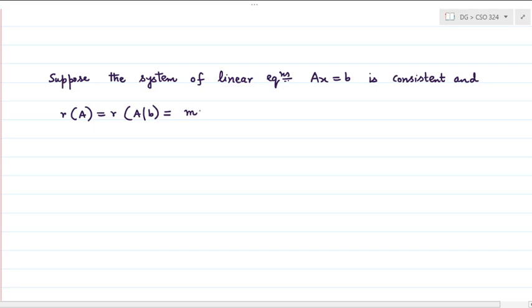The point here is if it is equal to k, let's suppose, then precisely m minus k many equations are redundant, and therefore we can again reduce the given system: from A you can convert it to A dash. A was of order m by n and A dash will have precisely